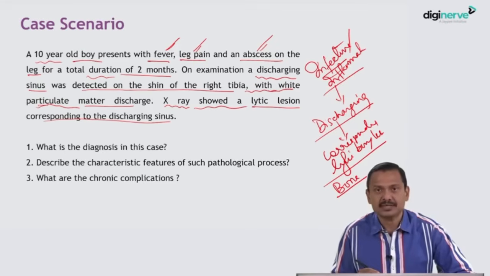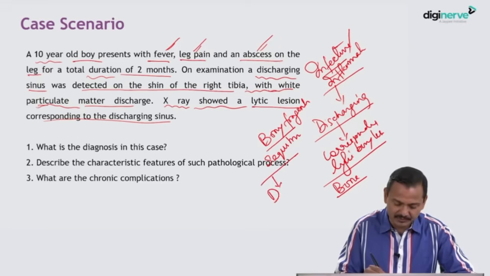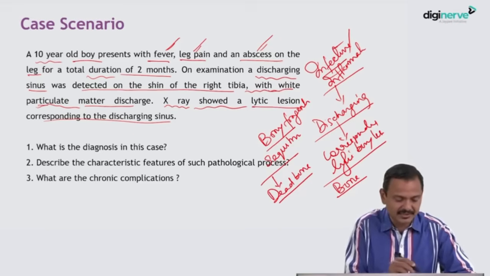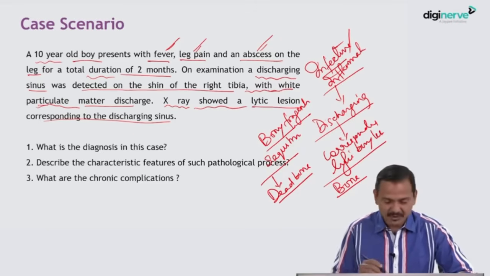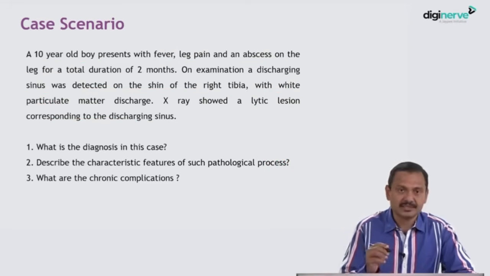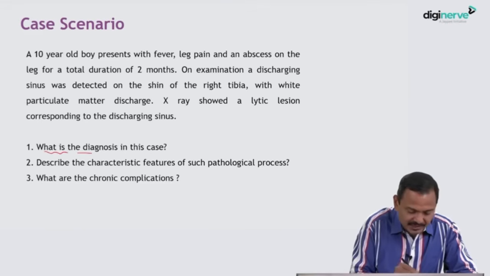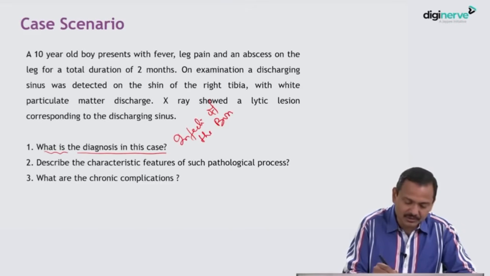Now what is that particulate material discharge? They are bony fragments, otherwise called sequestrum, or dead bone. We will come to the detailed pathology of all this, but here this whitish discharge means there are bony fragments, otherwise called sequestrum. If you compile all this together and try to answer our first question, what is the diagnosis in this case? It is an infection of the bone or bone marrow called